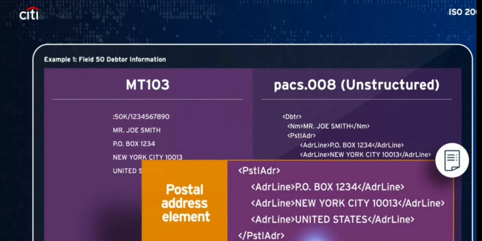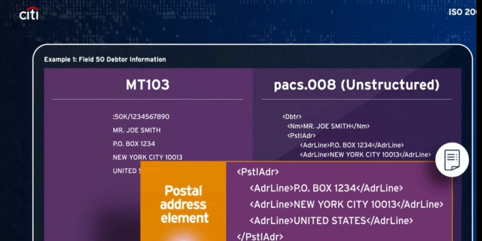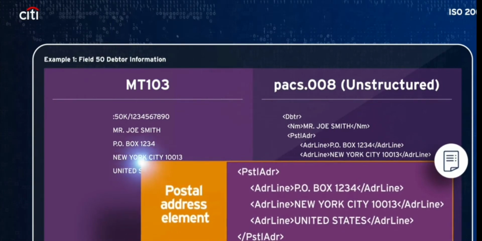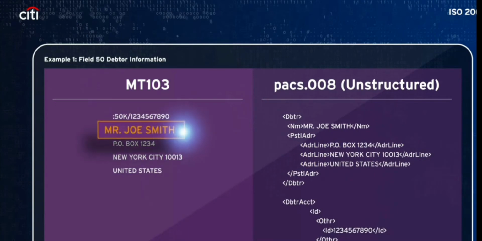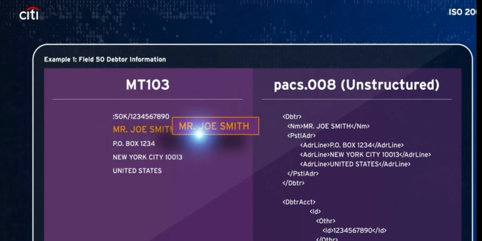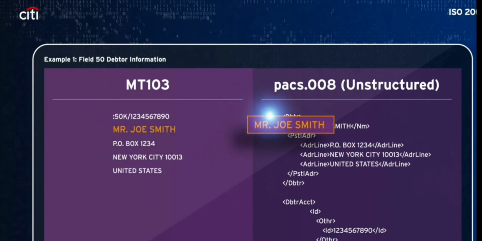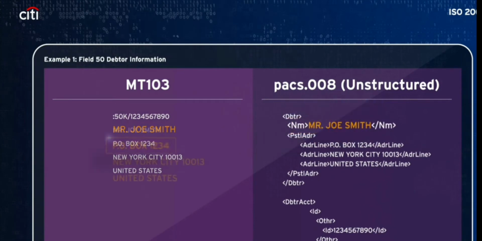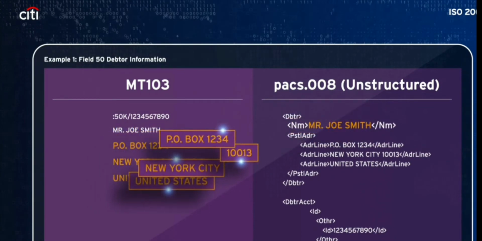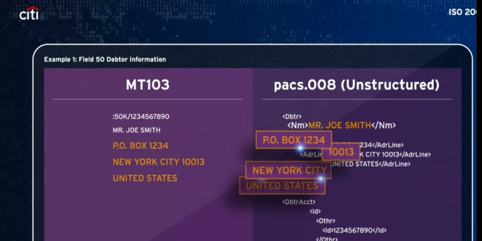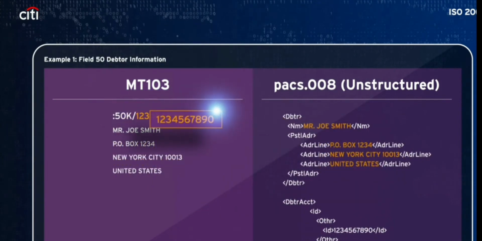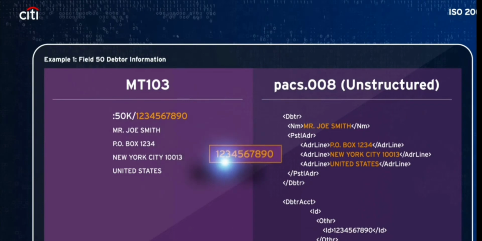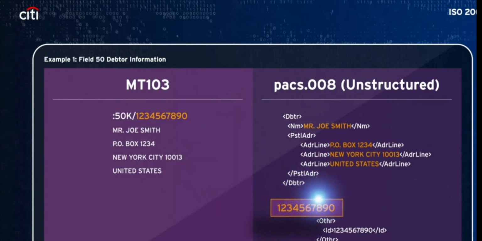To support interoperability with MT messages during the migration period, PAX 008 will accept free format text in the postal address element. The first line of Field 50 in an MT103 will be input into the PAX 008 name element. The remaining information will be input into the unstructured address line elements with up to 3 lines allowed. The debtor account number from Field 50 in an MT103 will map to the structured debtor account ID element in